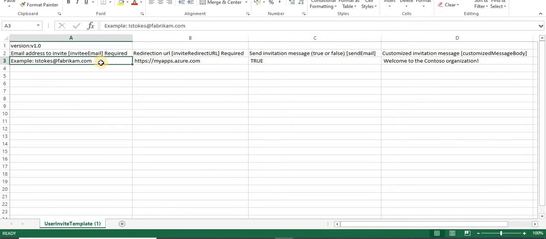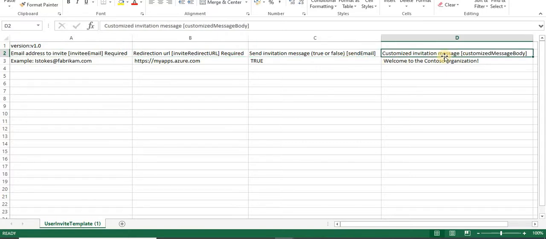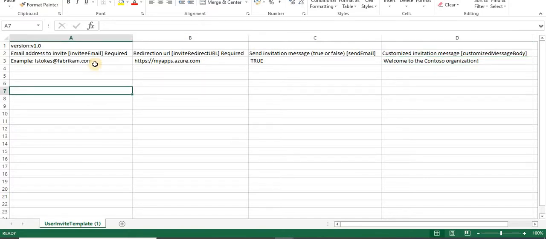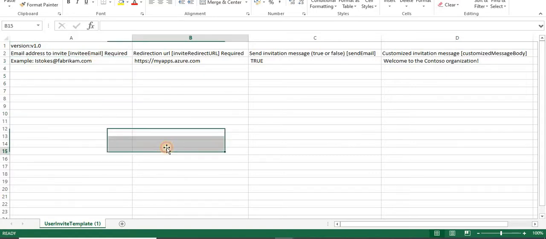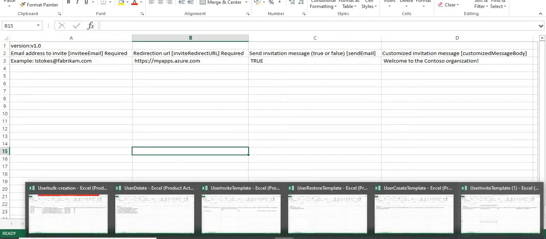In the first column you will have to mention the email address, and this field is mandatory. See, this one is mandatory, this one is also, and this one is just a message. So you just mention all the email addresses. In my case I have already filled one template.